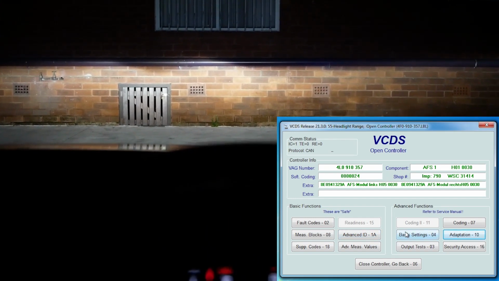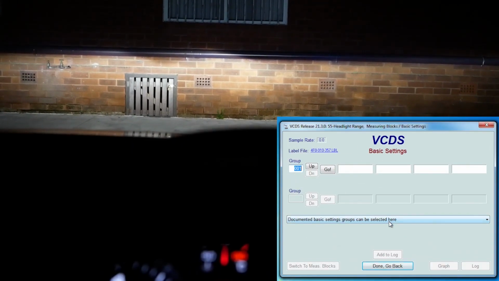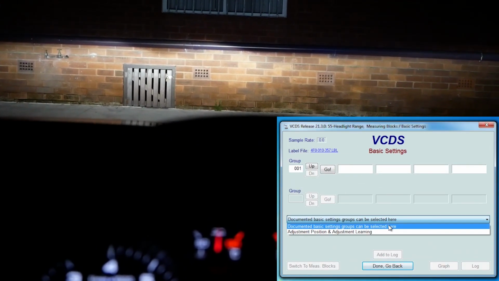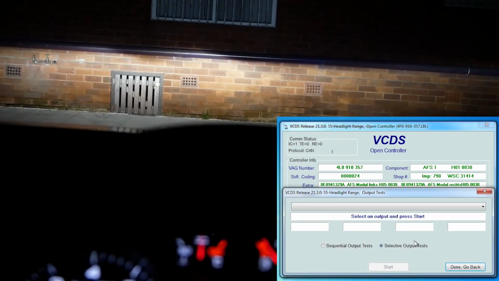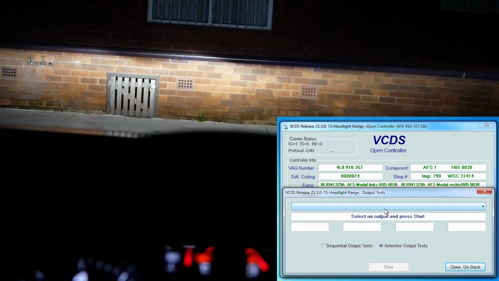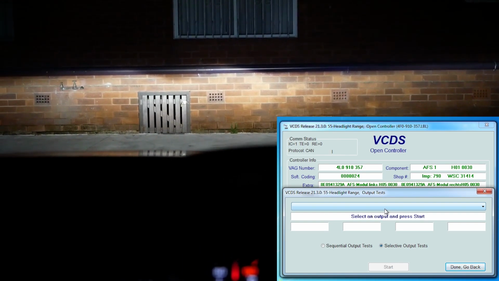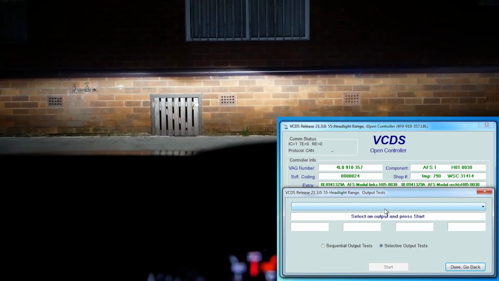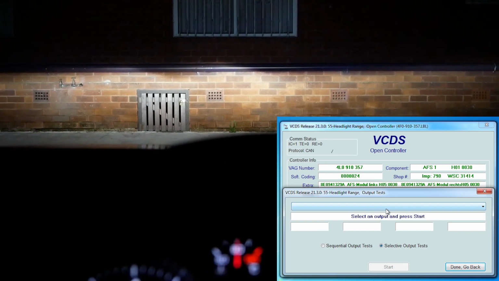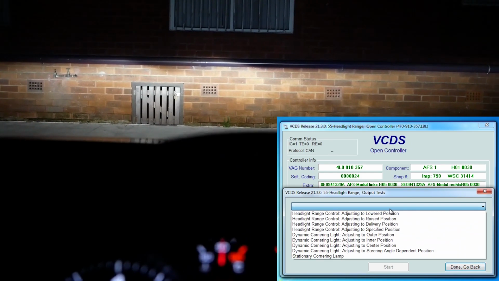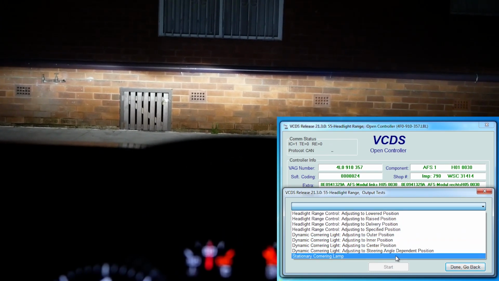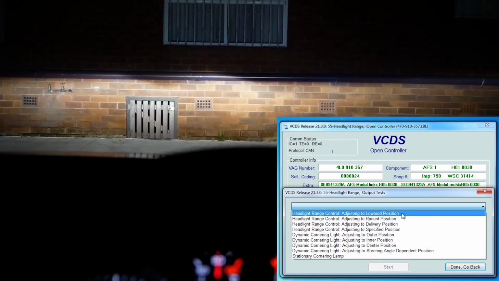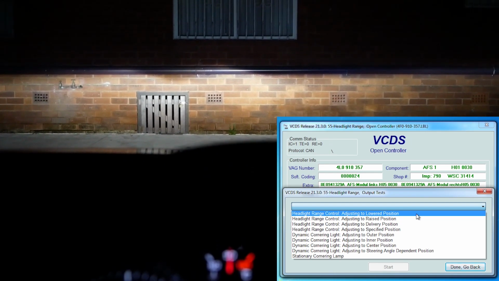Now, some fun that I had when I first installed these AFS headlights was doing basic settings. Actually, no. Is there output test? This is the one I wanted to show you. So doing output tests, you can do output tests on the cluster, you can do it on the headlights, you can do it on many modules just to make sure things are working properly. So let's do this output test where you can select these different values and the headlights will adjust to that value. So first one,